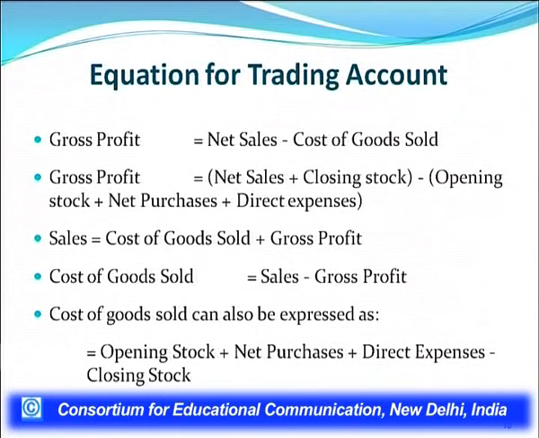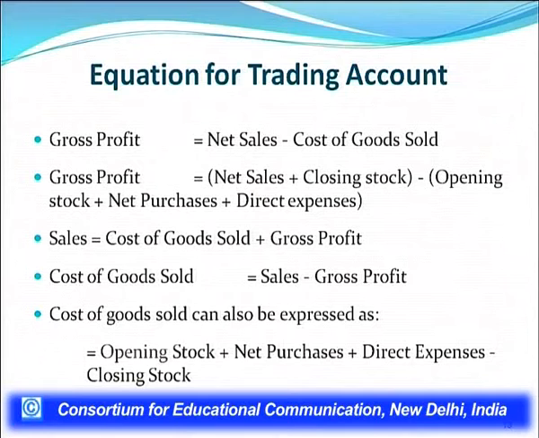The gross profit can be calculated if the cost of goods sold is already given. If not given, then we can calculate the cost of goods sold, and the equation for calculating it is given in the presentation at the end: cost of goods sold equals opening stock plus net purchases plus direct expenses minus closing stock. Cost of goods sold can also be calculated as sales minus gross profit